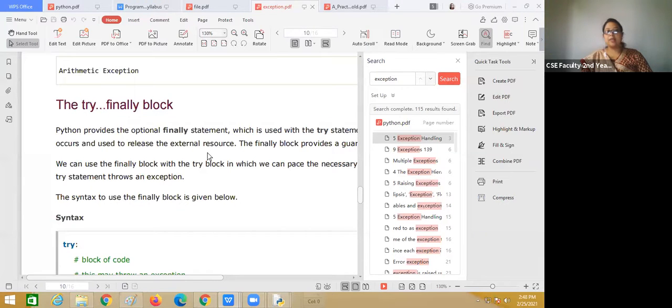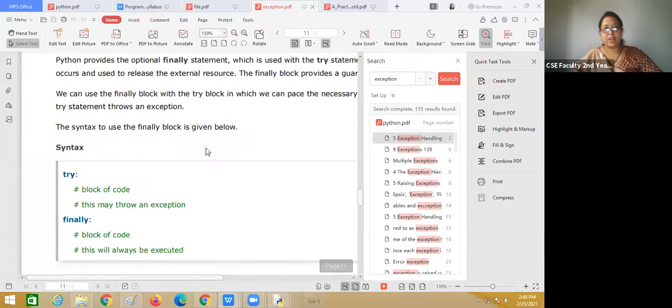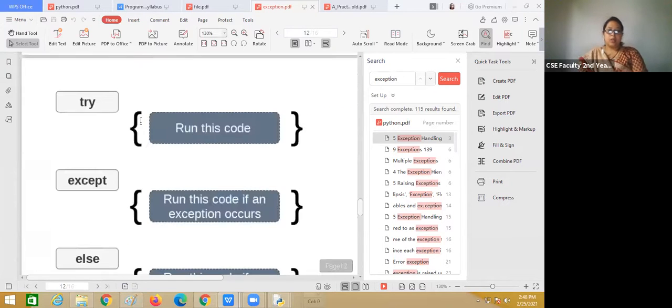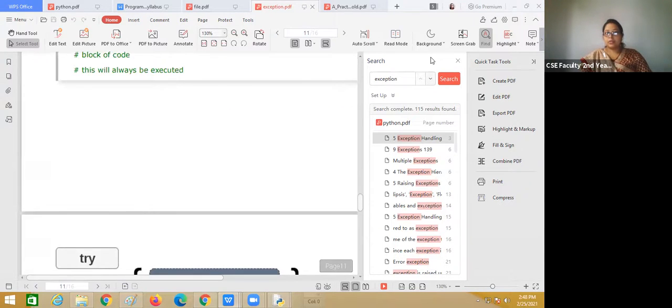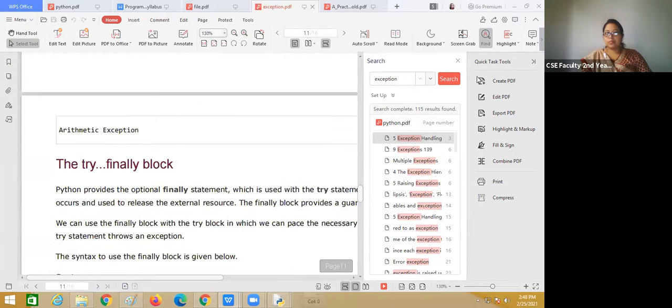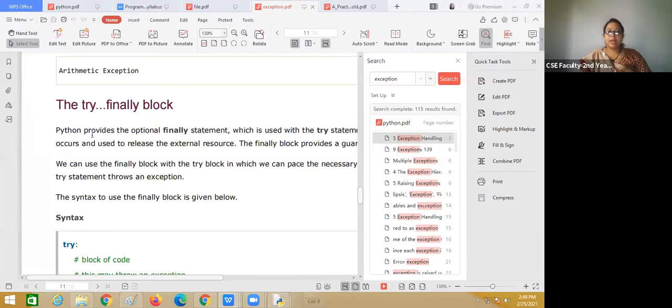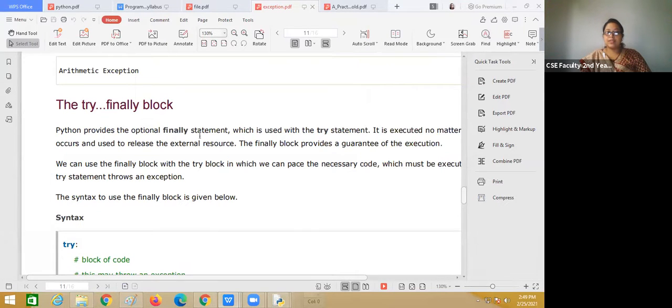Try and finally block. What is a finally block? Python provides the optional finally statement, which is used with the try statement.